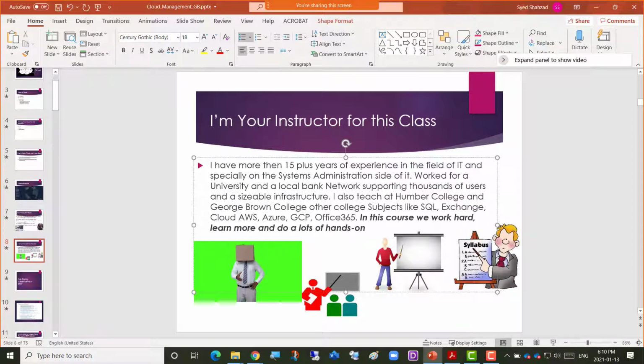That has become so crucial, and especially after the pandemic, everyone's gone online. So many jobs out there are available for cloud infrastructure experts. Because of those job requirements, this course is really important. I also tried to push these cloud courses here at George Brown College, as I saw in the market a lot of demand for cloud skills.